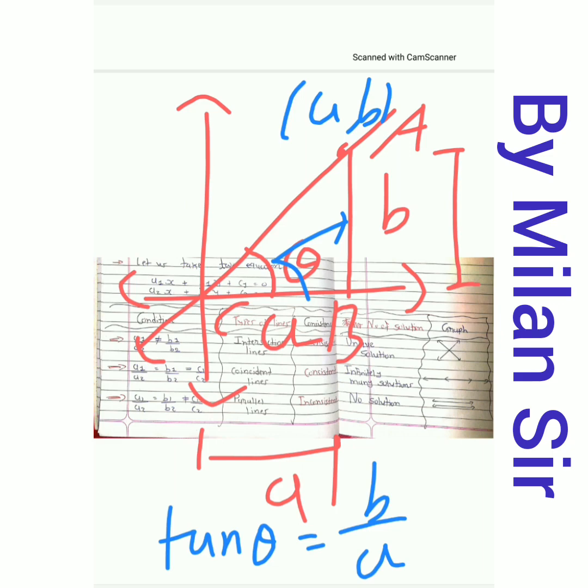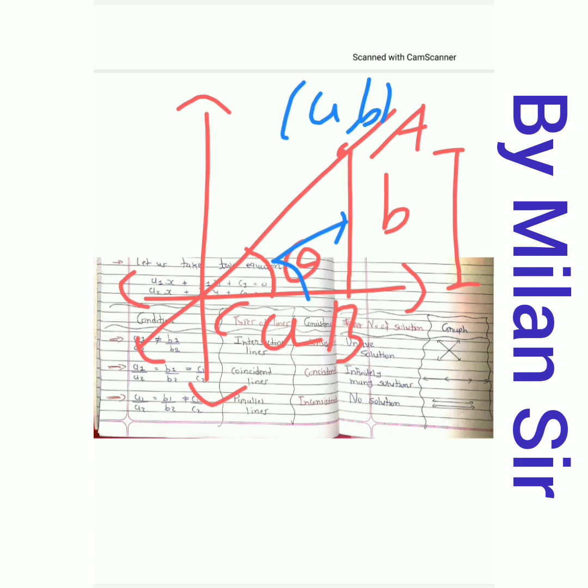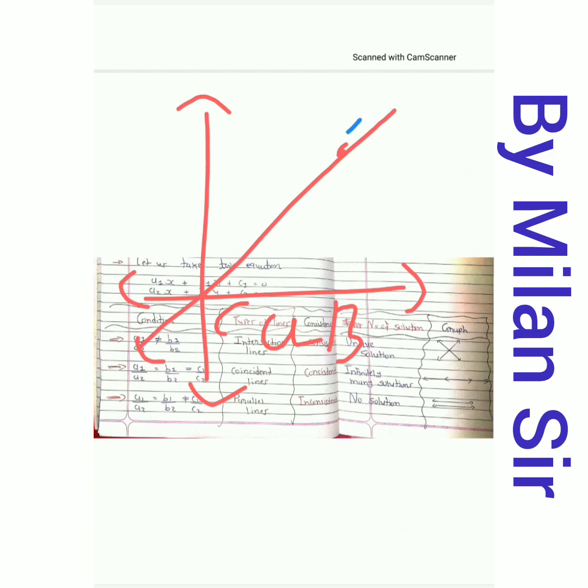In a graph, if we draw the graph of a straight line, then we can find its slope. I drew this triangle with the origin, but you can draw this triangle anywhere. Then you need to find this side and this side, so you can get the value of tan theta. It is your slope.